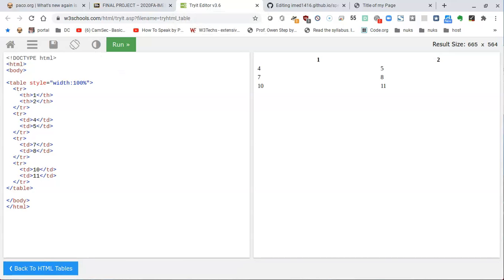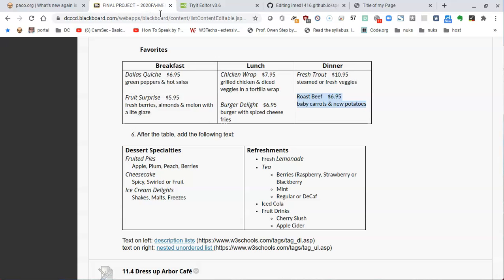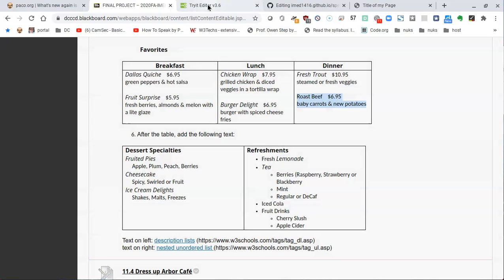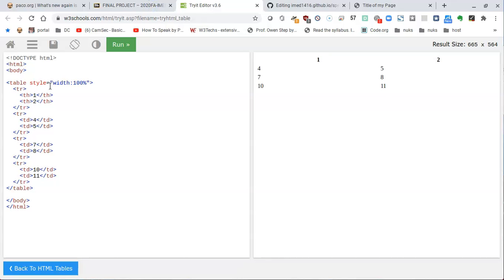Well, let's see what we can do. What if I told you that we didn't really need to jam all the information that's needed into the table the same way that we did for the first one? What we really want to do with this particular table is to have 2 columns, because nothing else here is going to be mapped like this one is. That was 1, 2, 3, 4, 5, 6, 7, 8, 9. Instead, this is more of a 1 column with content and a 2nd column with content. Since we have already trimmed it down to 2 columns, and we have our 2 rows,